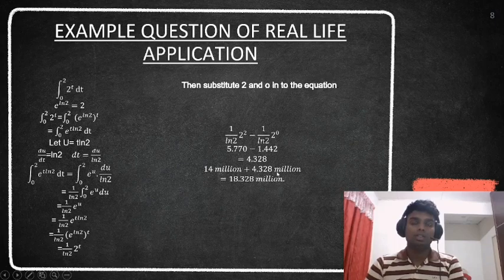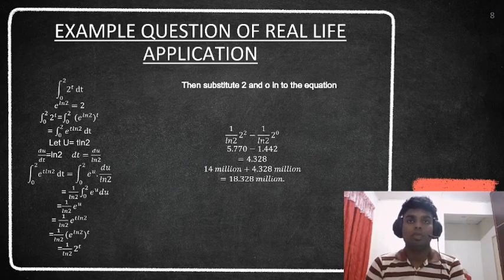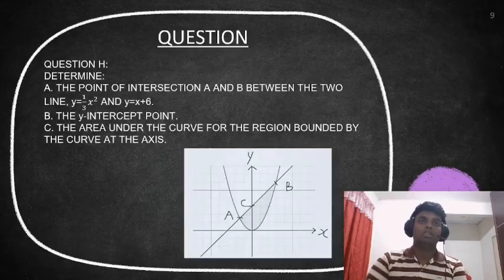So when you integrate the 2t, you will get the answer 4.328 million. So you add it to the initial population, and you will get 18.328 million. So next,